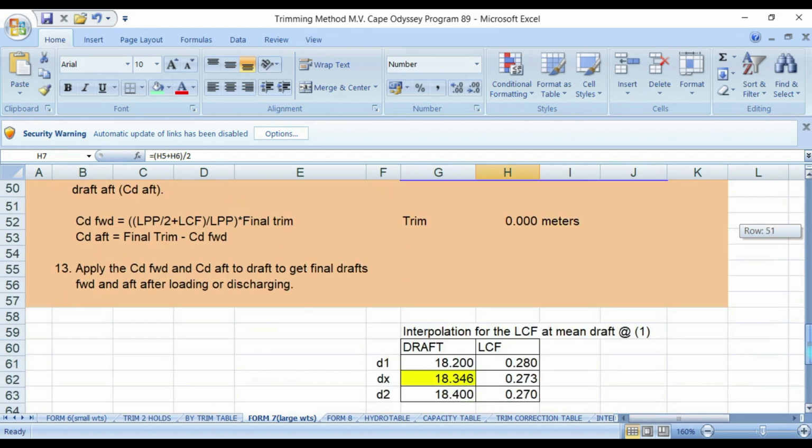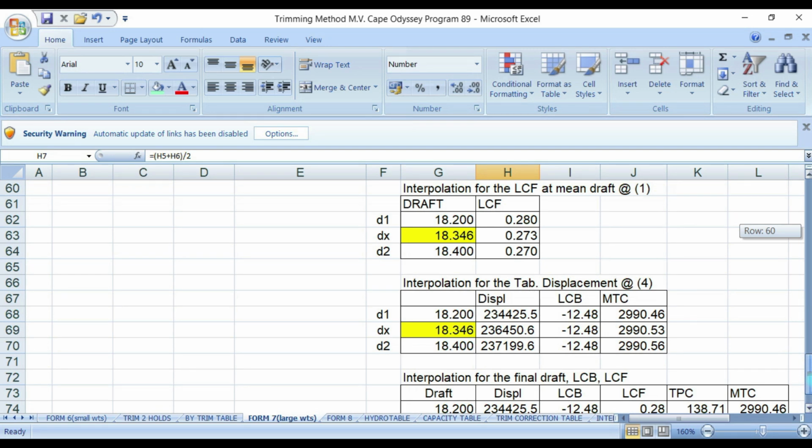Let's go down. Look at here, the draft is 18.346. The displacement is 23645.6.